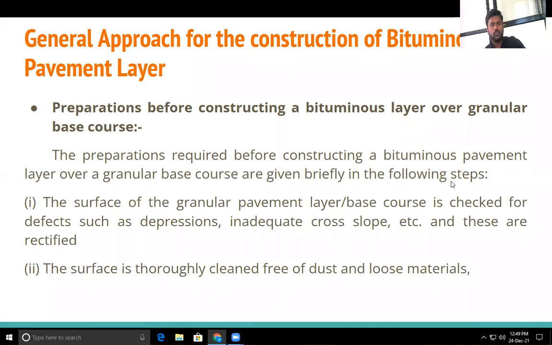So in the last lecture, we started how to construct the pavements. What are the different steps that are to be carried out to construct the pavement? For construction of each and every layer, there are several steps to be carried out as per the IRC. What are the steps that we have seen for the sub-base layer, subgrade layer, base layer, and we have